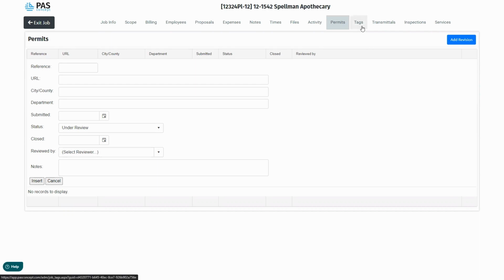And if you want to tag your projects with unique tags so that filtering them in the future is easier, say, for example, if you wanted to tag a specific project by a field that doesn't currently exist, say, based on materials used for that project or based on the type of building that it is, you can create these customized tags, tag your projects, and then when it comes time to filter, you can use that as a tool for the filtering.